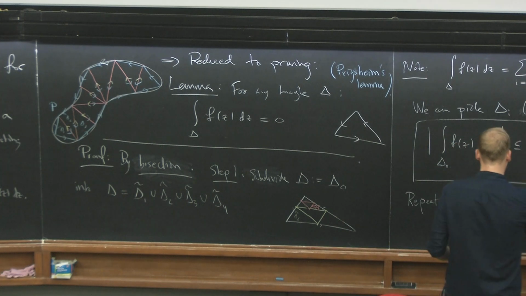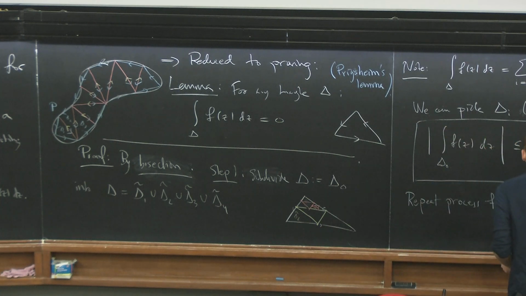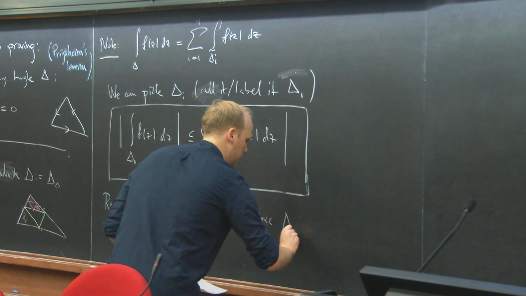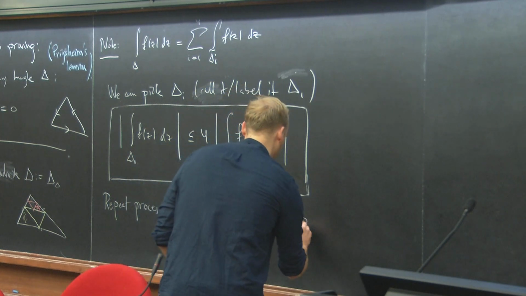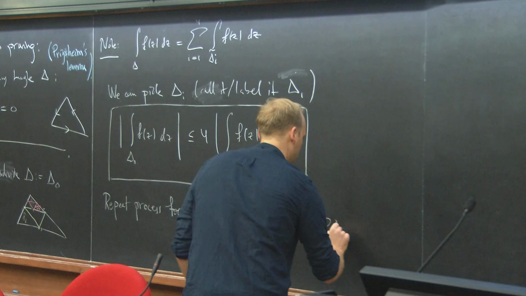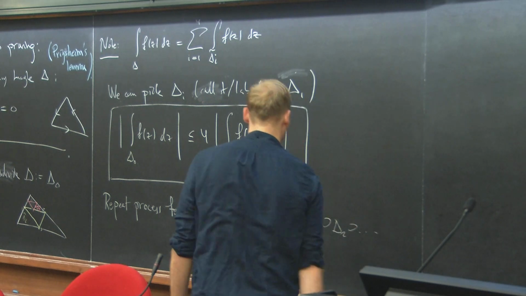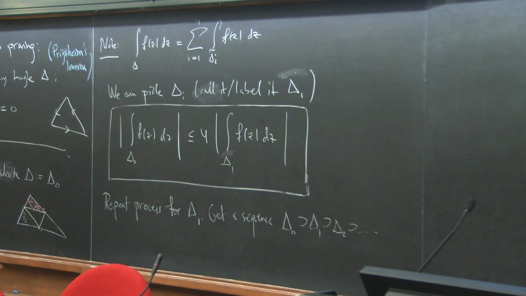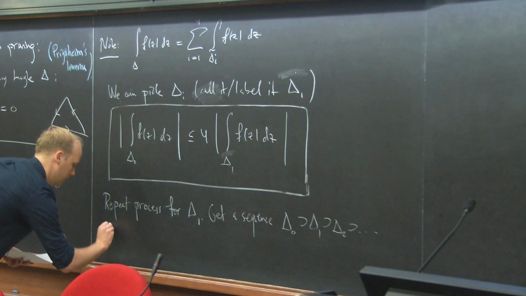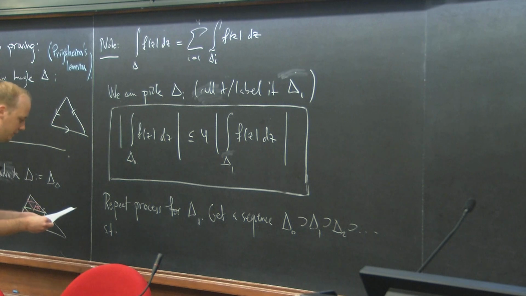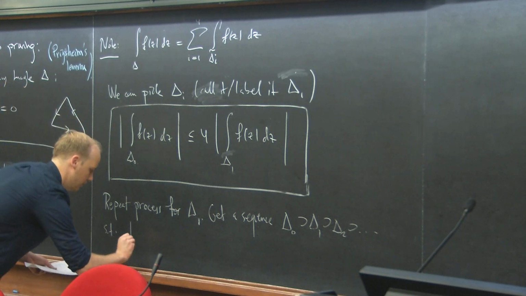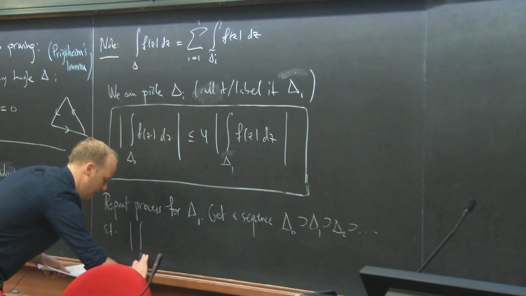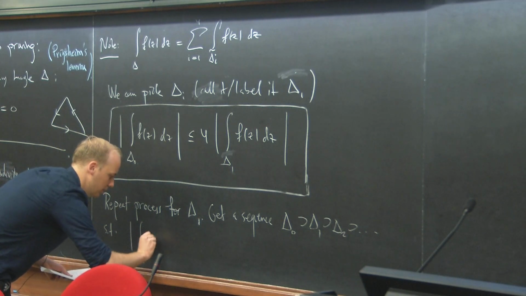So repeat the process. So we get the sequence delta 0, which is the largest one, so it contains delta 1, which contains delta 2, and so on. So we can repeat this infinitely, okay? So we get this sequence such that this delta 0